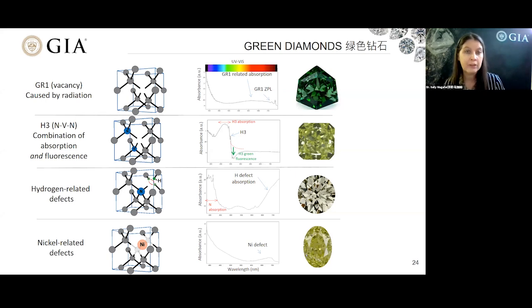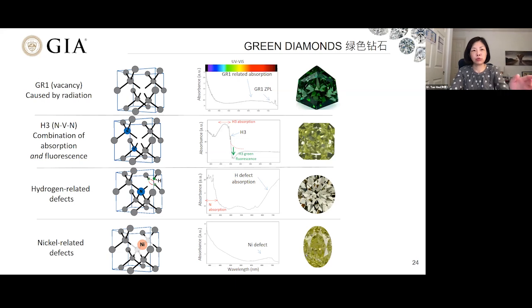This is definitely one of the major causes of color, and it's the one that gives these vibrant, pure green colors. 就是先给大家总体列一下4种主要成因，给绿钻有4种主要成因。最上边这个就是由空位造成的这个绿色，它本身这个晶格缺陷的名字叫 GR1。GR 的意思其实是辐射，它是因为由辐射形成的嘛。这是最主要的一个绿色钻石的成因。然后它的存在其实是让钻石显示出那种特别鲜艳的绿色。